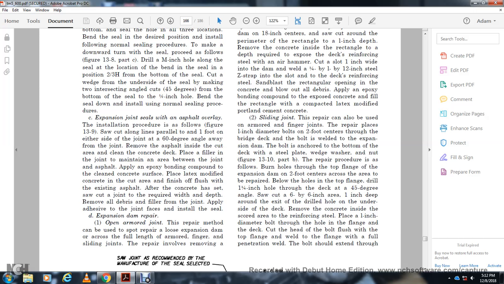Alright, sliding joint. The repair can also be done with the armor and finger joint. Repair the blade with a 1 inch diameter bolt, 2 foot center through the bridge deck, with the bolt level with the expansion dam. Aim the bolt, zinc with the bottom of the deck with the steel blade with the wedge washer from Figure 13-10 part B. Burn a hole through the top of the flange of the expansion dam at 2 foot centers